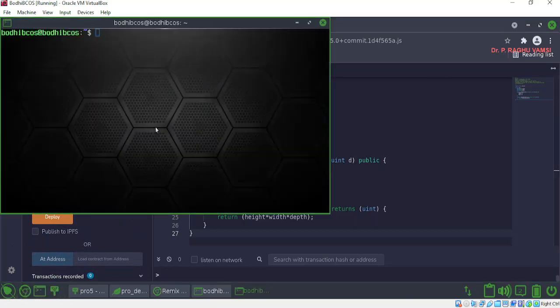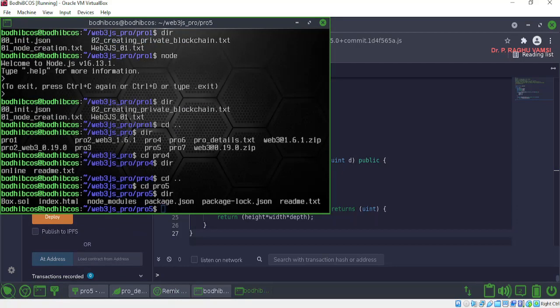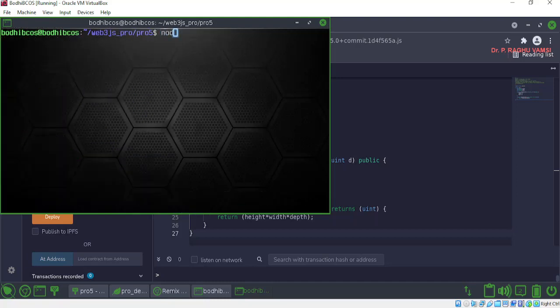So cd web3 pros. Here node modules is there, npm install. Okay, node. Here, var web3 is equal to require of web3.